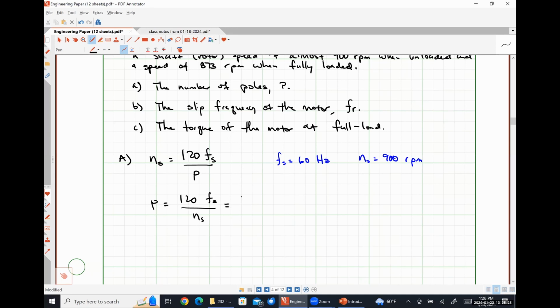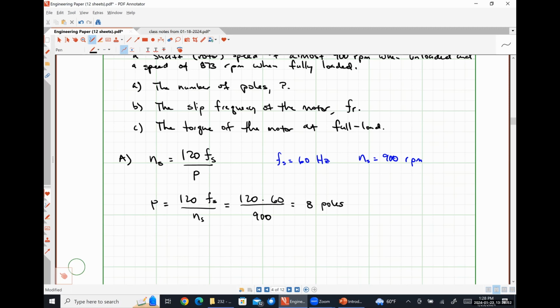And so that's going to look like 120π times 60 divided by 900 gives us 8 poles. Now, I want to point out here that I intentionally did not use any units because this equation